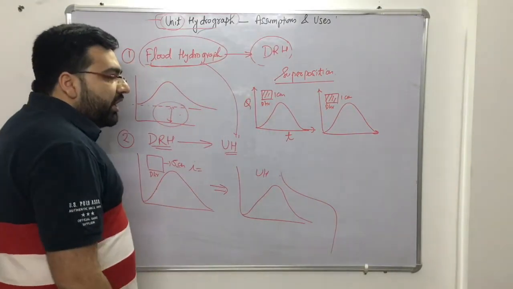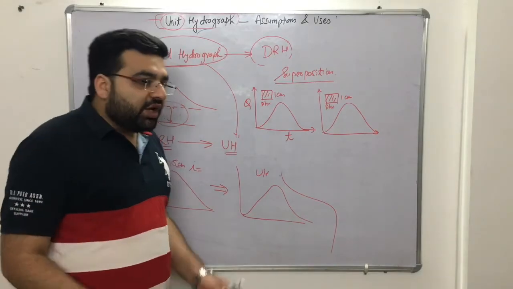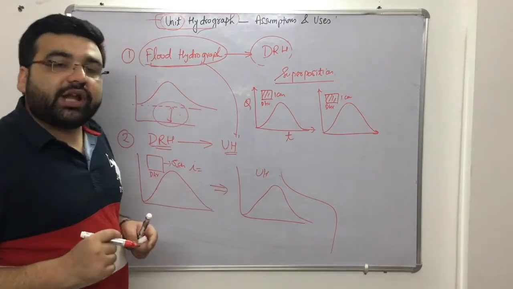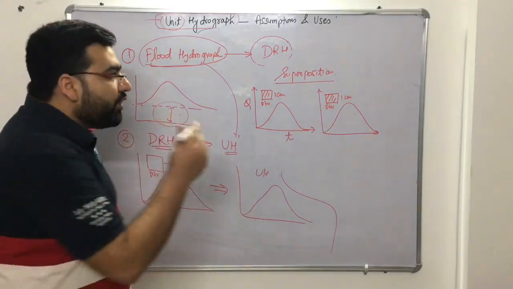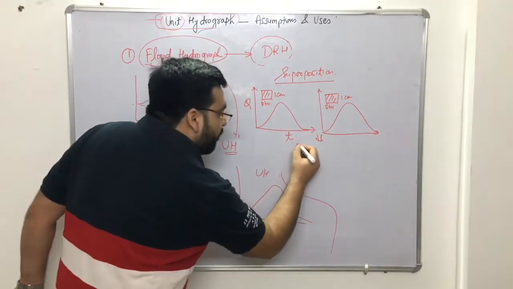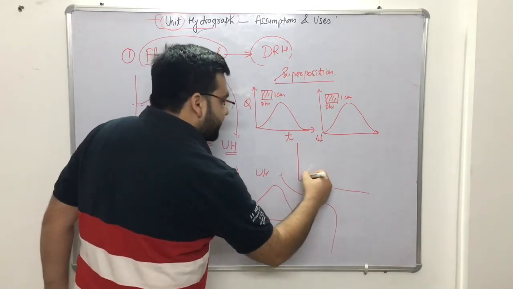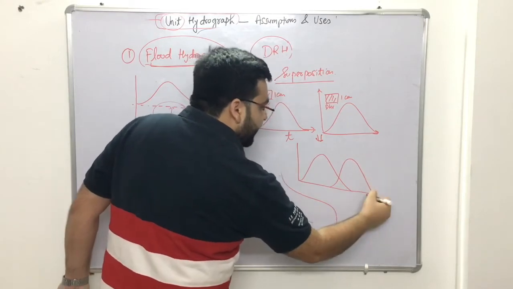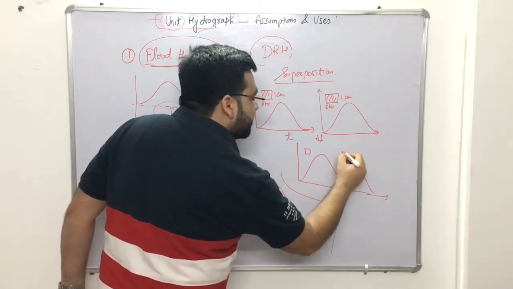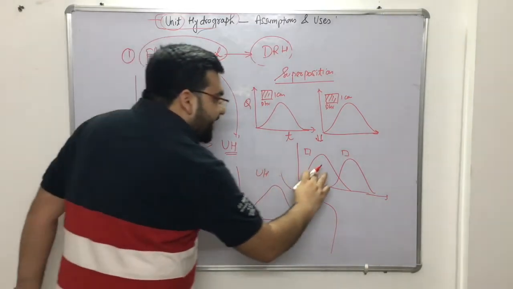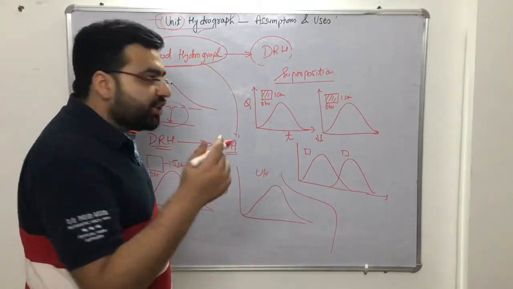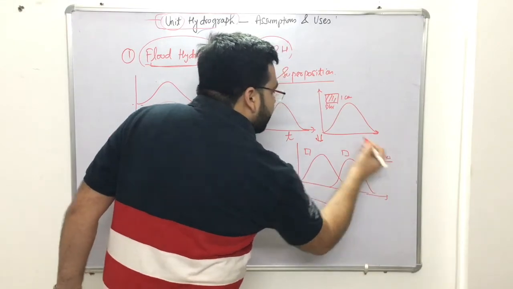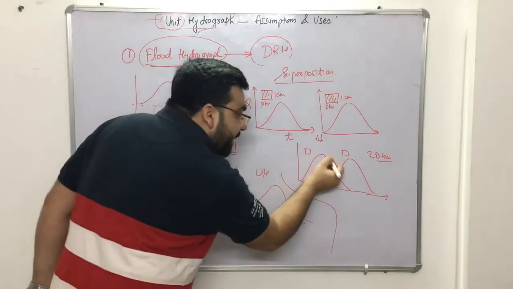Clear? Now in the question it is generally asked, what is the total effect of these two hydrographs? What will be the total effect? So what you have to do is superimpose these two graphs, right? So first of all, this was your one hydrograph and this is your second hydrograph, right? This is your D duration, this is also D duration, right? So this hydrograph you will be getting of how much duration? D plus D, that will be 2D hour duration. Clear? Okay. And what will be the depth of this hydrograph?